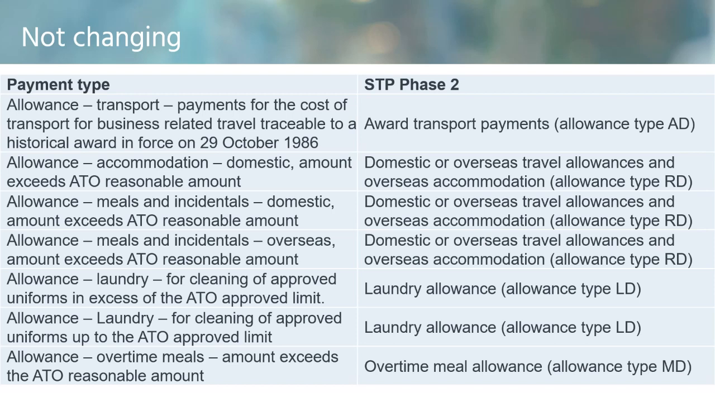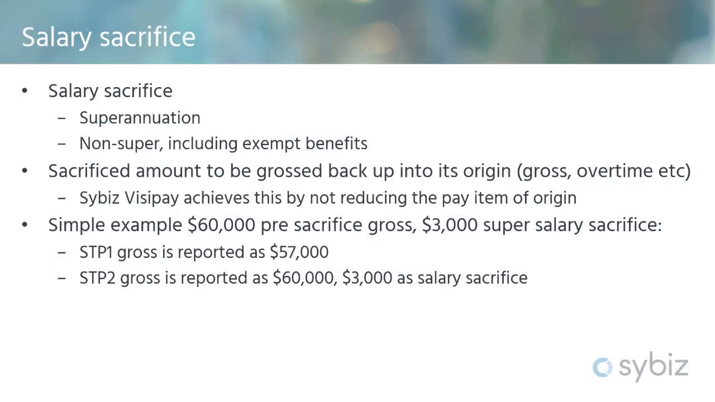But one point just to make is that the ATO has now seen employers perhaps not treating things correctly from an allowances point of view. So you may get a little tap on the shoulder from the ATO as you start reporting under STP2 and giving them more information. Now, we did talk about this in the last webinar as well, but this is another